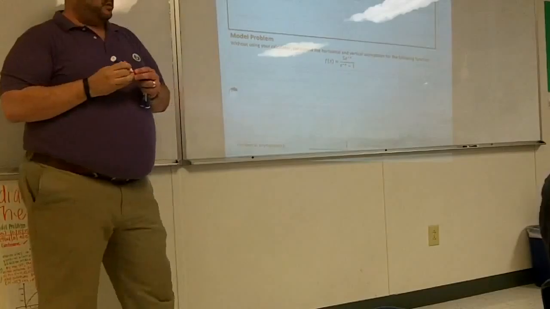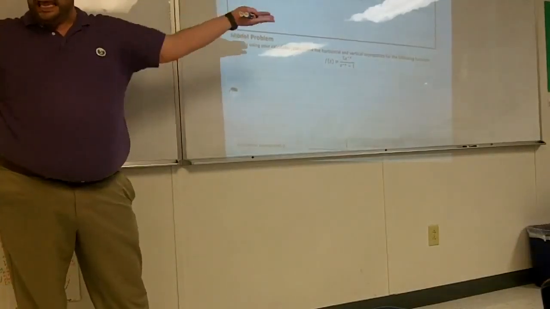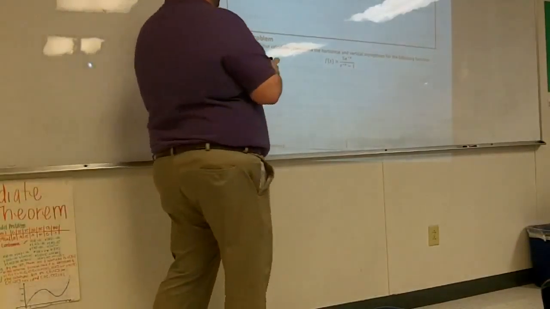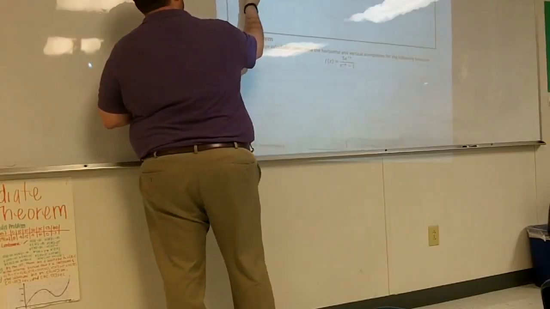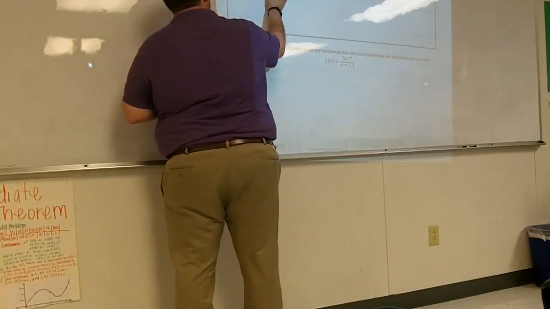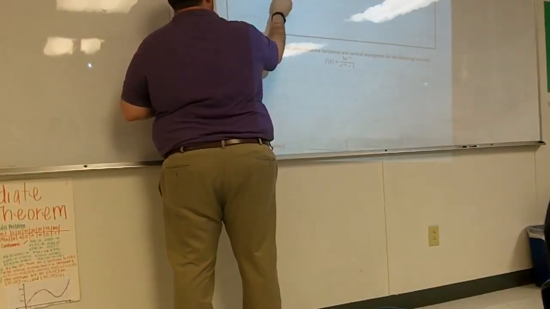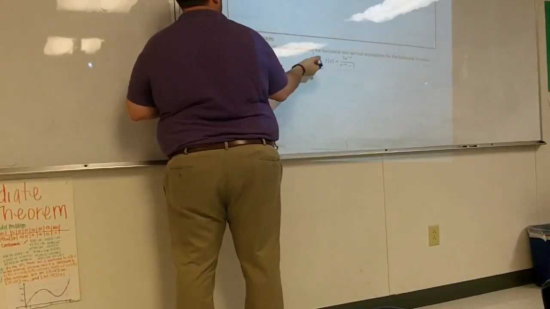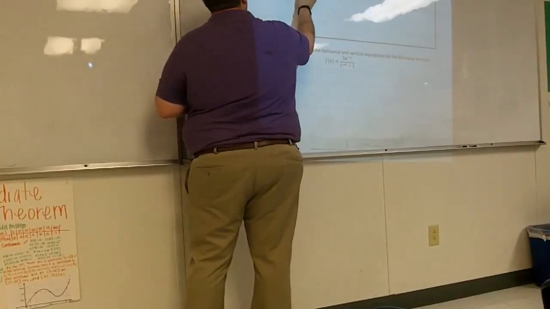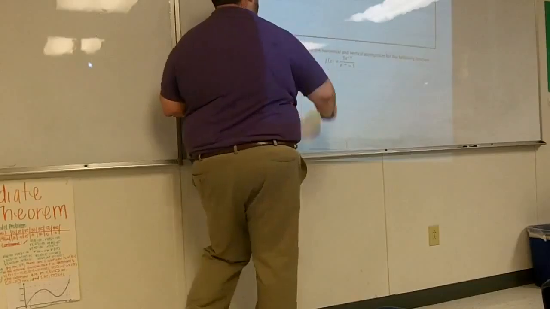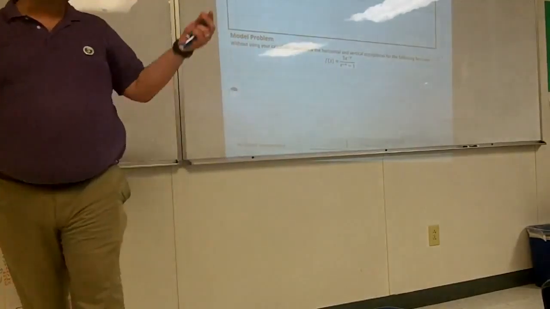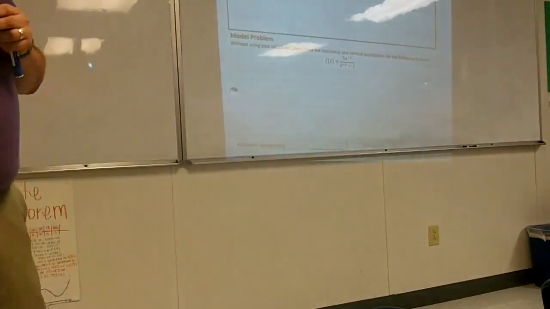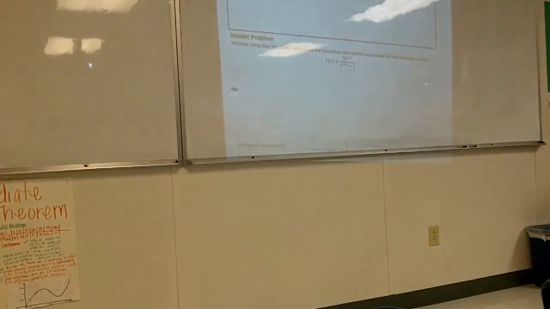We're going to find both, because there are two ends. Now, if you find the limit as x approaches infinity, and the answer is 5,